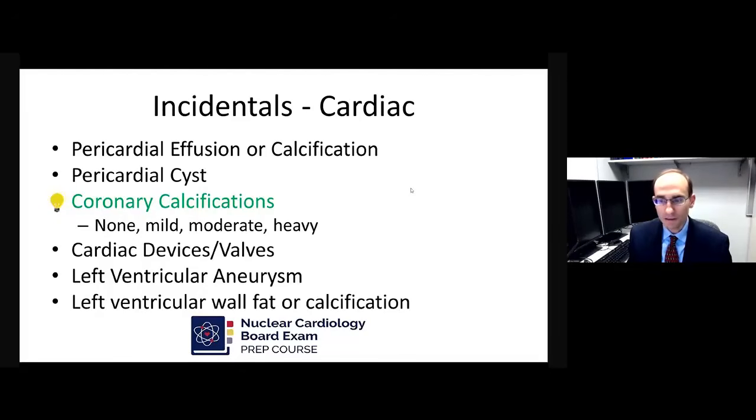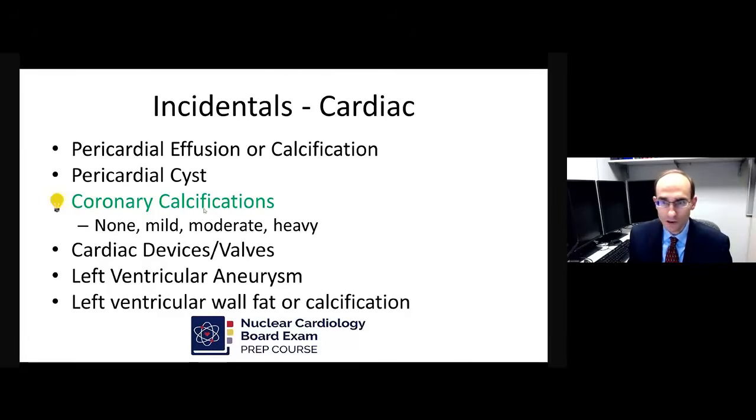And obviously, not every CT finding that you could possibly see is going to be in this list, but I try to hit some of the highlights. A lot of these were actually seen over a week of my practice in cardiac nukes. So you can see pericardial effusions or calcifications. You can see pericardial cysts. One important one that has implications as far as risk stratification and may actually help you interpret your cardiac study